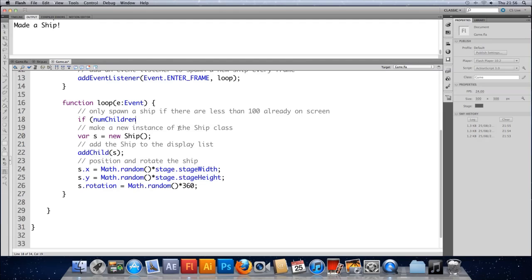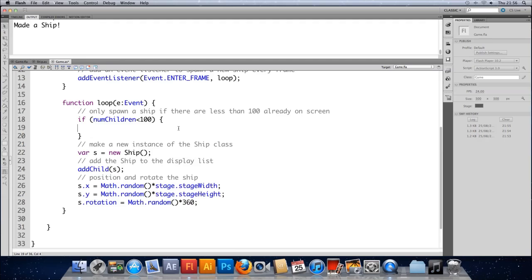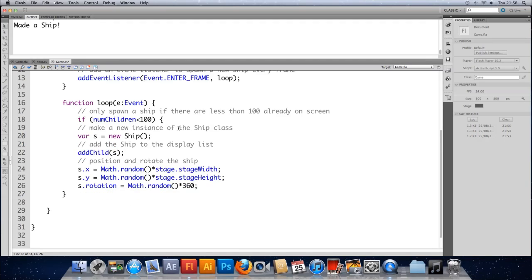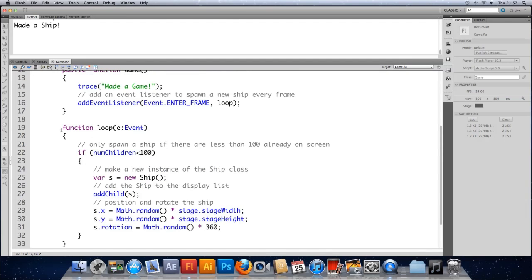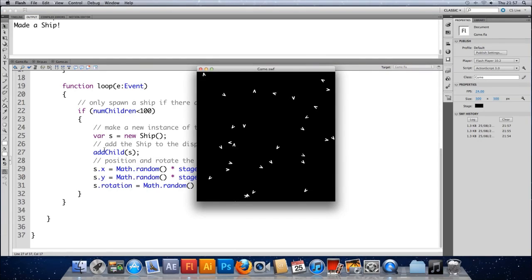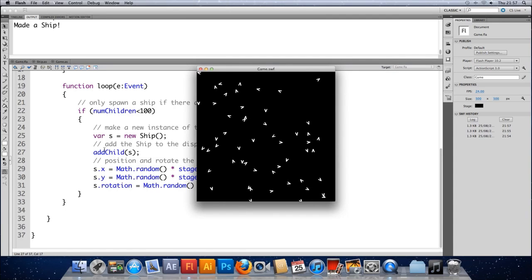If numChildren is less than 100, and we'll use what we've already got in there, and we'll just close the if at the end of all this spawn code. And we'll just use the auto format there to make it all nice and pretty. And let's give that a go. So save it, run, and hopefully